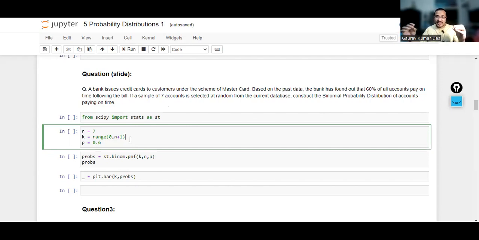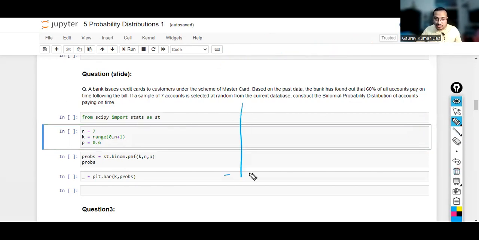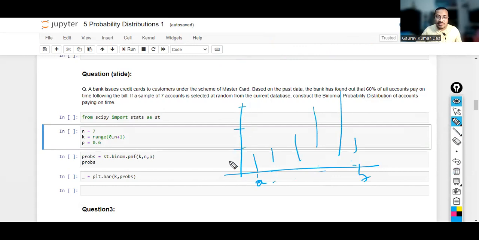So once I've defined the events, I'm asked to draw the entire probability distribution. Basically, they're asking me to plot the possible events on the x-axis, 0 to 7, and the corresponding probabilities based on the binomial distribution formula. But you don't even need to remember any formula. We have a function called